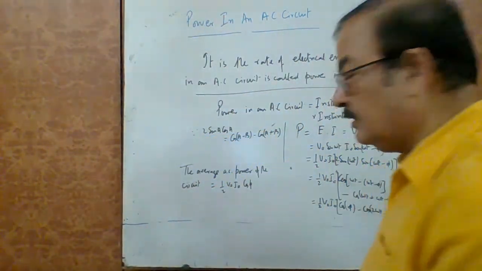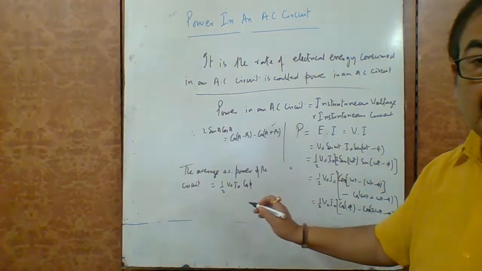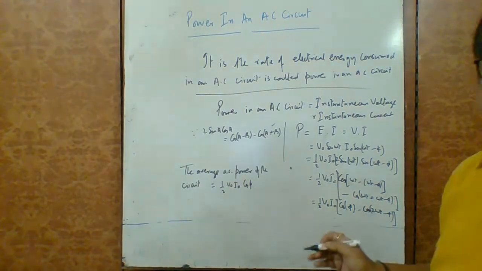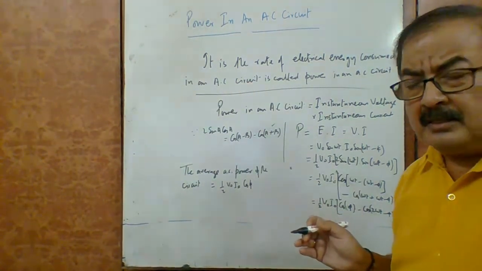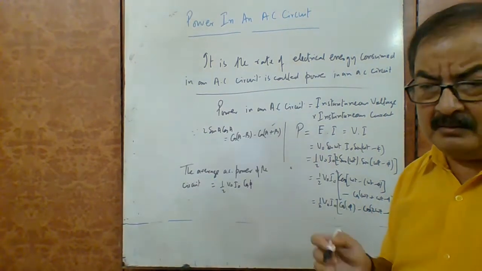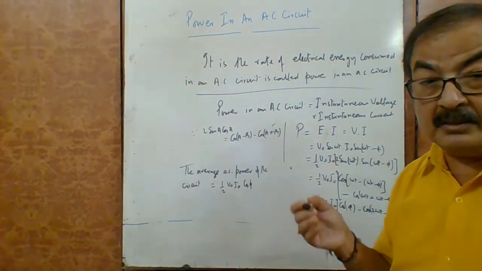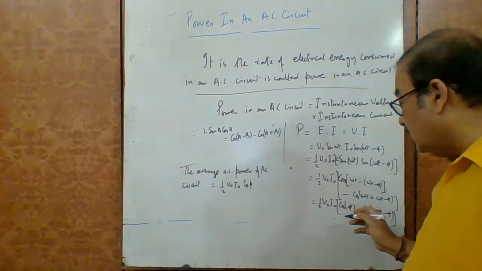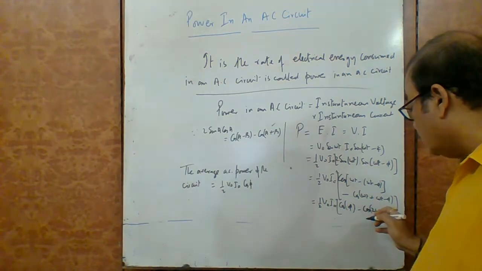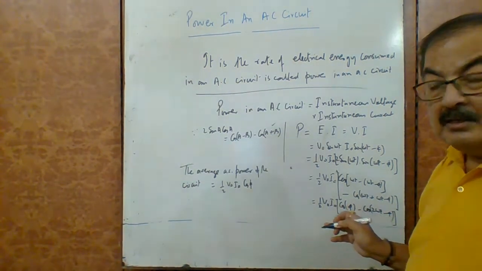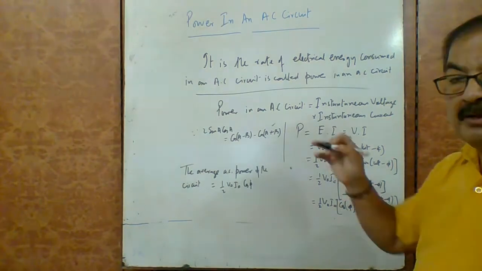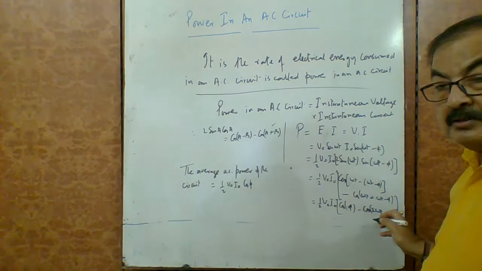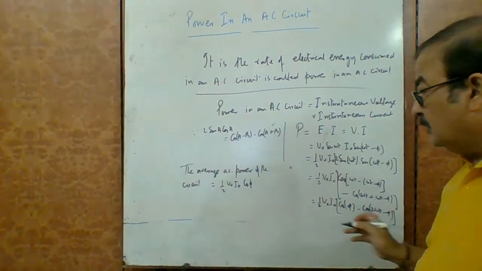Only this much of the thing remains. अगर इतना खाली रह जाता तो इसका मतलब क्या हो जाएगा, ये वाला पोर्शन जीरो हो गया. Why? We have already seen in the first lecture of AC that the average value of current in the entire AC cycle is always zero, and in that order the average value of cos 2 omega t, the time dependent part, will naturally be zero, because whatever is the positive half, the same thing is the negative half also. Therefore, this portion remains zero. Time dependent वाला portion zero हो जाएगा, खाली इतना बचेगा.